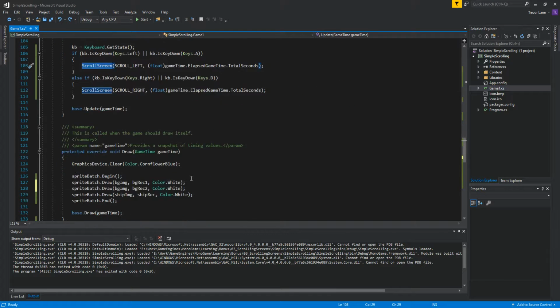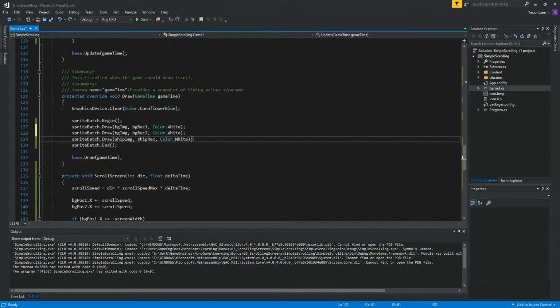What does it actually do? Drawing is pretty straightforward, just drawing the 3 things. So here's our scroll screen method. The first thing I do is calculate what my speed per update is: the direction times the speed maximum times how much time has passed. This is the exact same calculation we did for translation in previous lessons. Nothing different. I've taken that scroll speed and I add that scroll speed to both of the background images,